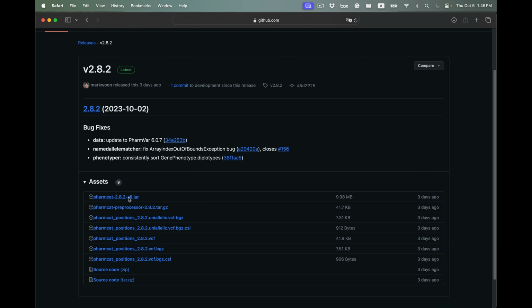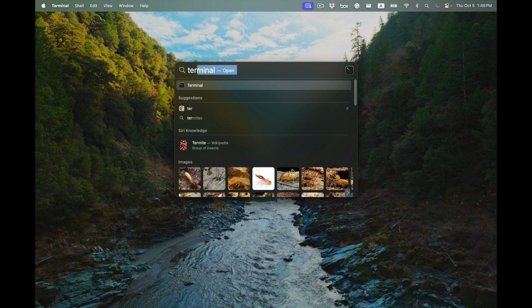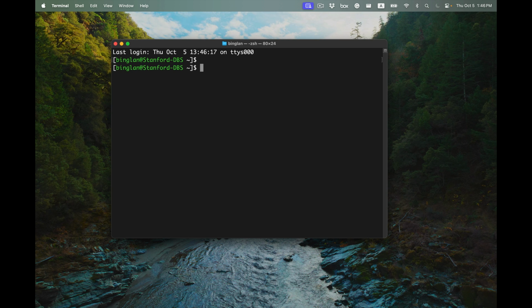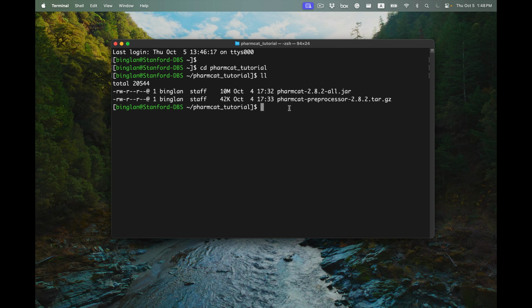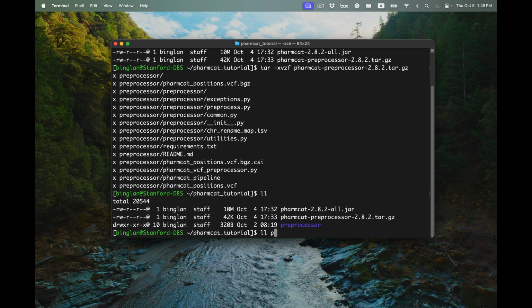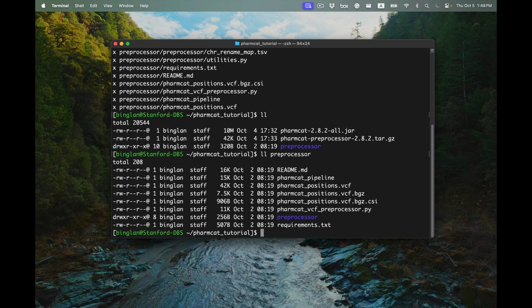On Mac, you can open the terminal to run PharmCAT. For the convenience of this tutorial, I've moved all of the downloaded files into a specific folder named PharmCAT tutorial. As you can probably already infer from the file suffix, this PharmCAT preprocessor is a compressed file that we need to decompress to use whatever content comes with it. Now this decompressed preprocessor folder has all of the Python scripts that we need to run the PharmCAT VCF preprocessor